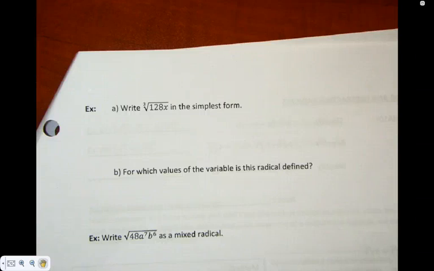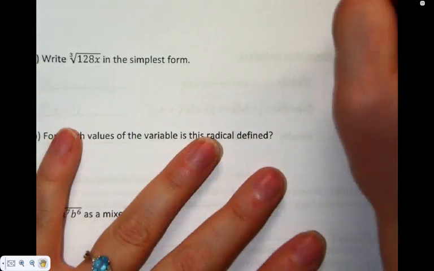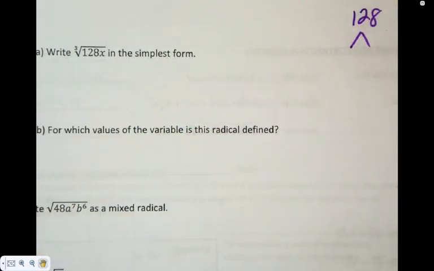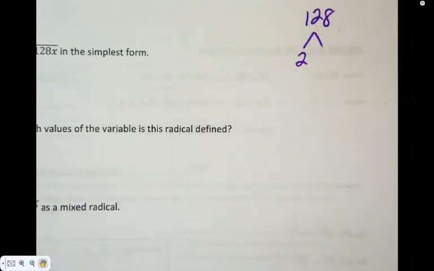Okay, let's break the numbers down a little bit smaller this time. Not so big, not as many variables. Let's just do the cube root of 128x. Again, what I like to do is take 128 off to the side and break down the prime factors. If that's not your method, then you don't have to do that. If it's even, I like to start with 2 because my brain divides by 2 really nicely. My brain grabs 128, and 100 divided by 2 is 50, and 28 divided by 2 is 14, and then I smush them back together and we get